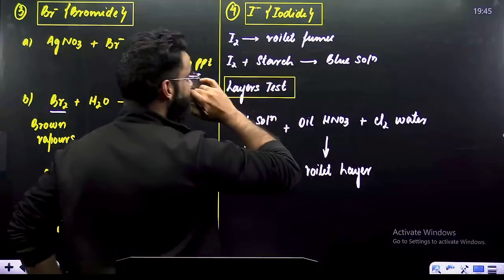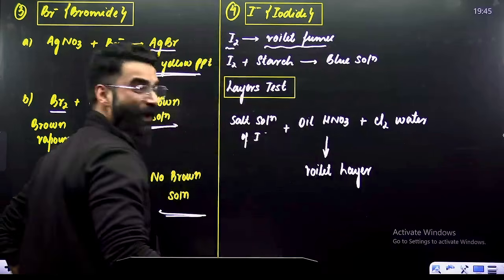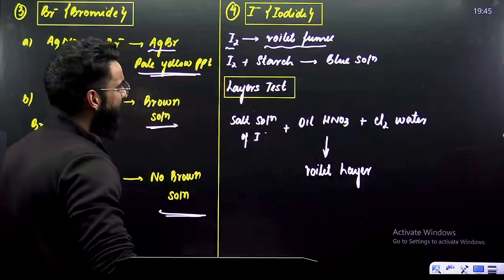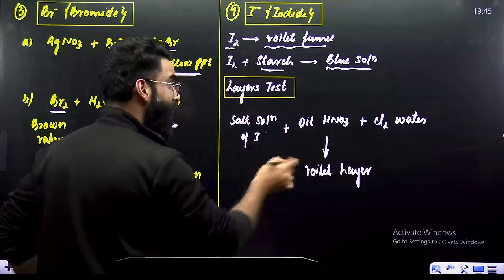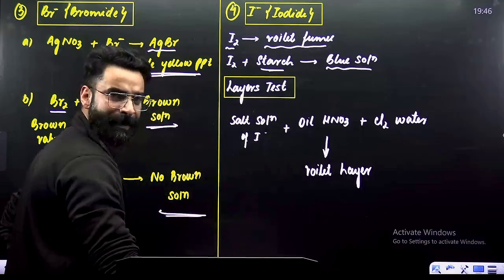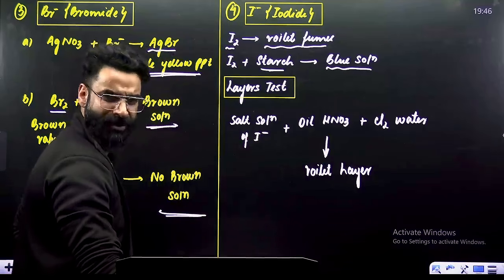Similarly, iodide test. My dear students, first of all, your I2 is basically violet fume, right? And when I2 reacts with starch, it forms a blue solution. Perfect. Now there is a test for it. That is a layers test. When you take a salt solution of I negative, a salt solution of iodide,